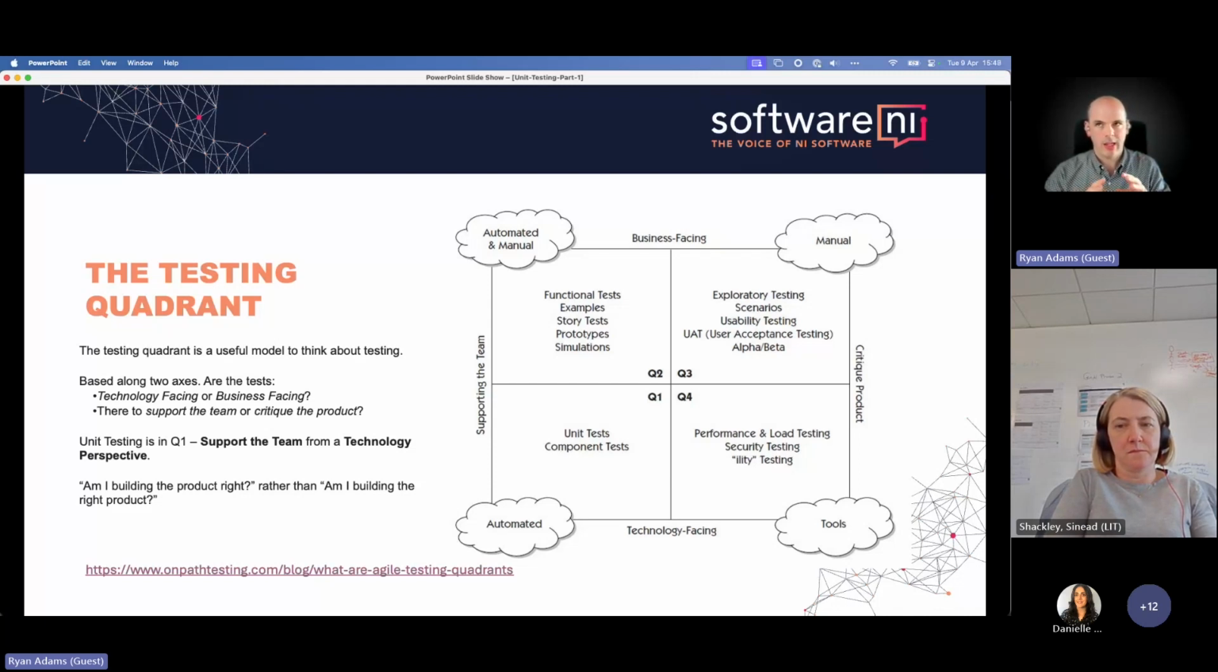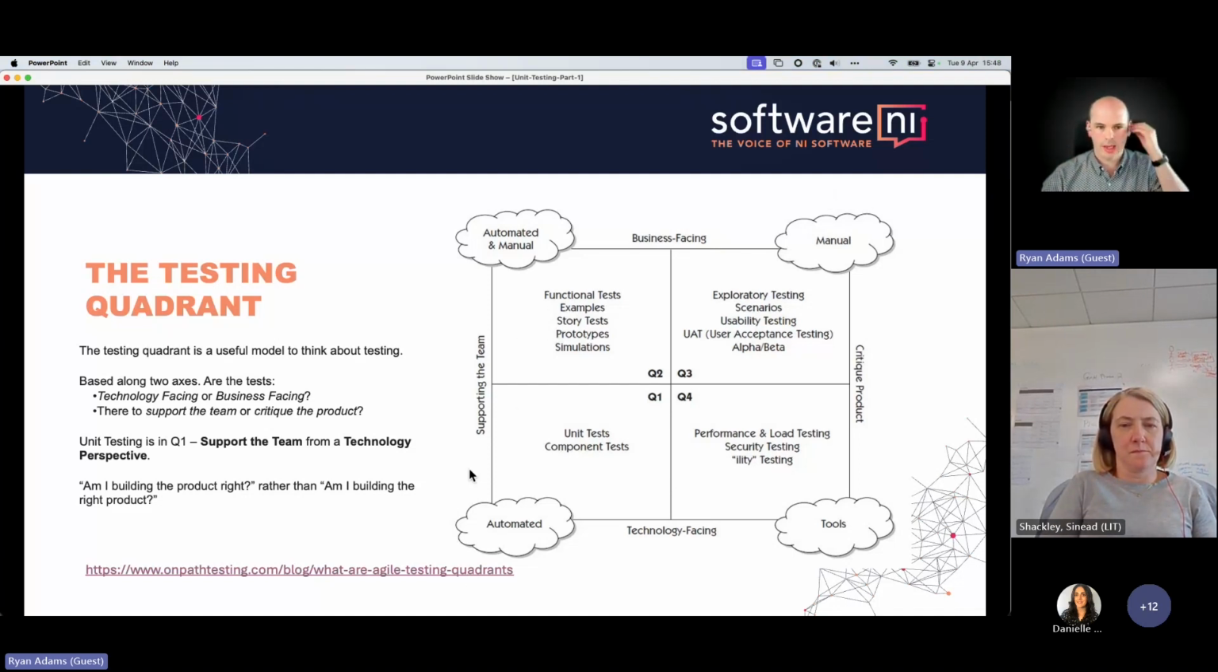So we've got this differentiator between things that help us understand the domain of the problem, the business problem, really the thing that the end user needs, and then the technology facing, which is going to be the thing that the developers need. So this is a really useful concept to think about, and we've got a box of 4 that we can